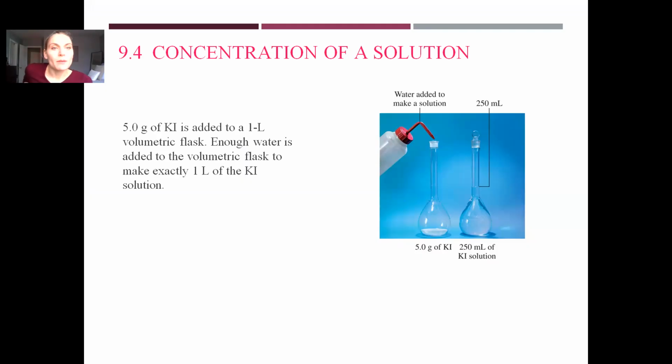So sometimes you're going to hear about the fact that we have like a 12 molar concentration of hydrochloric acid. Sometimes we're going to talk about the fact that we have a 0.2 molar concentration. And what we're really looking at is we want to see how much is added. So we start off with some solute, and basically how much water did we add to make this specific concentration. The lower the number, the more dilute the concentration is. The grander the number, the more concentrated it is.